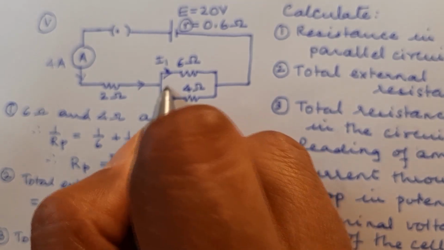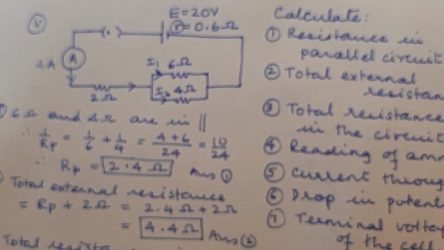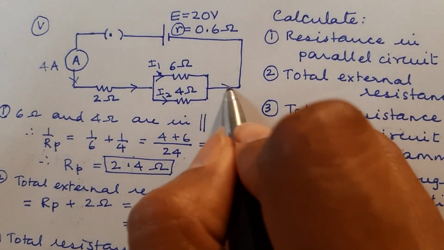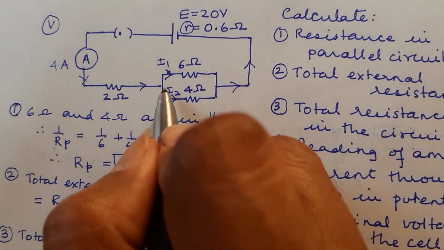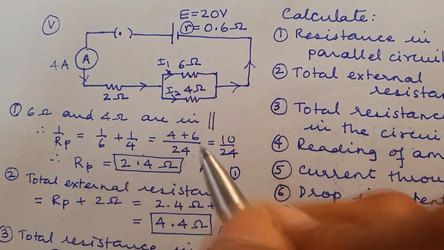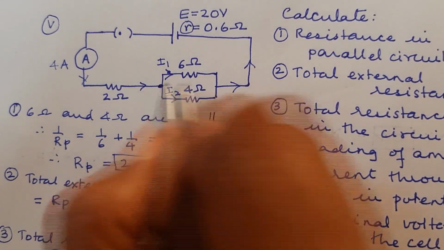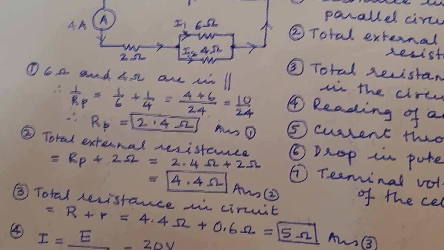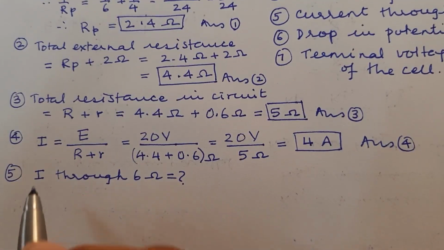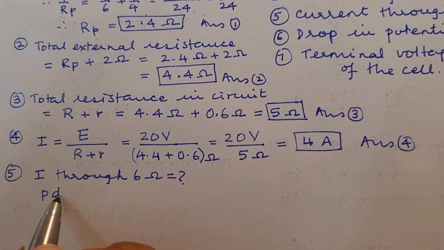I shall call this I1 and this I2. And then it goes like this and it completes the circuit. And so in order to get the current here, I need the PD across these 2 points. So I shall now find out first PD